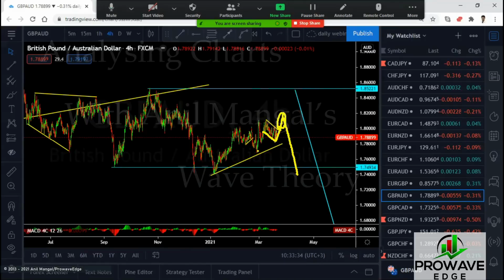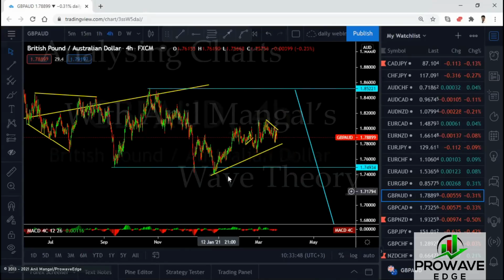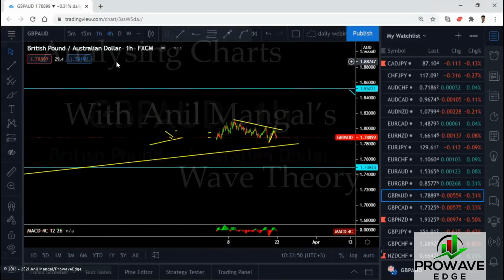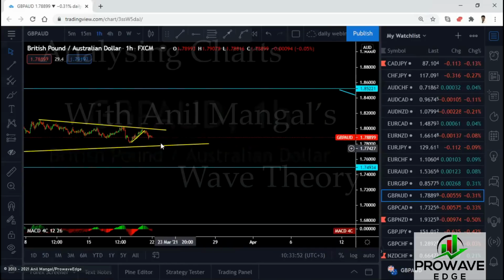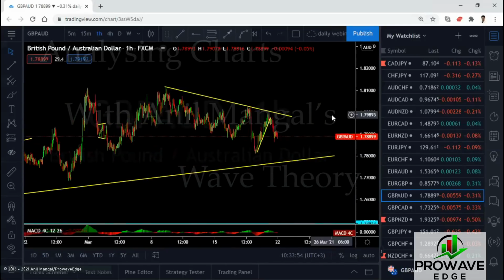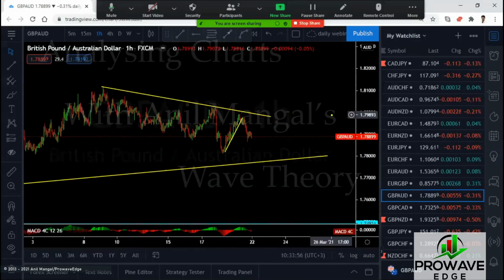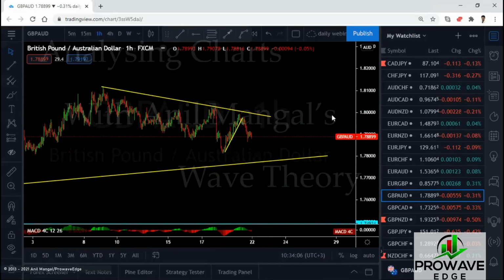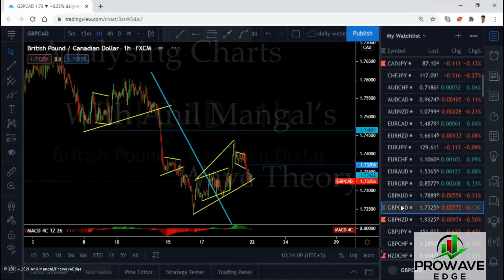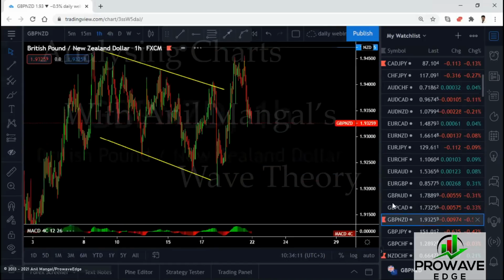And if they break through this structure here, come make a flag here, then we start selling, right? There's a shorter selling inside here. These are very small trades in there. You can see this one, right? That was a small sell. It's already too late to sell it. Risk to reward is no good. You can try to sell here, but you have to put a stop here, and the target is right here before they go back up, right? You can actually see it. You don't need me to tell you. You can see what it's going to do, right? So you don't want that trade. Pound CAD, we already showed you we're in the sell. Pound New Zealand.